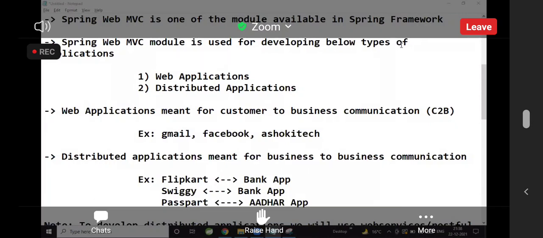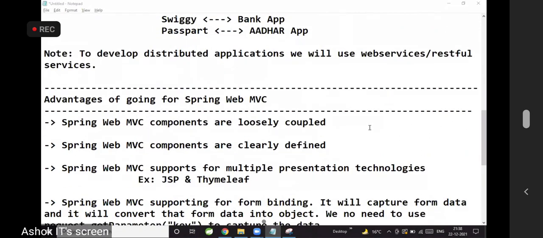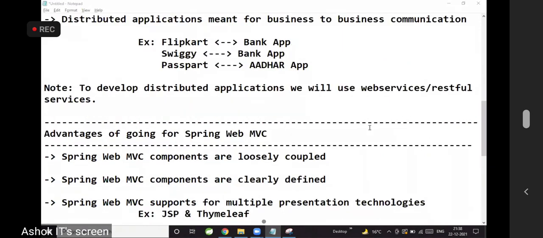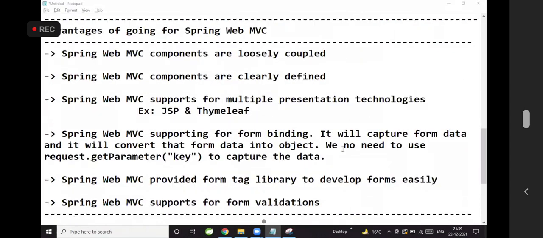Are you good? Fine. Advantages of Spring Web MVC.